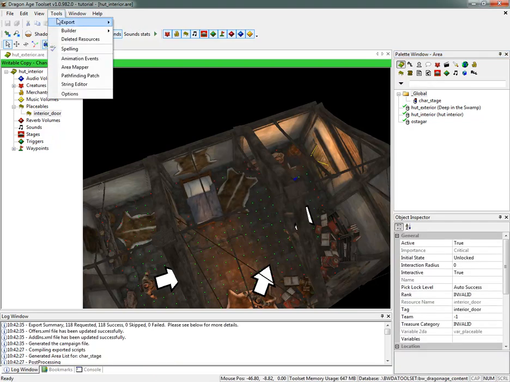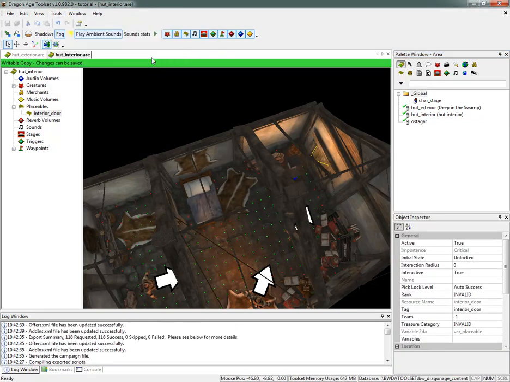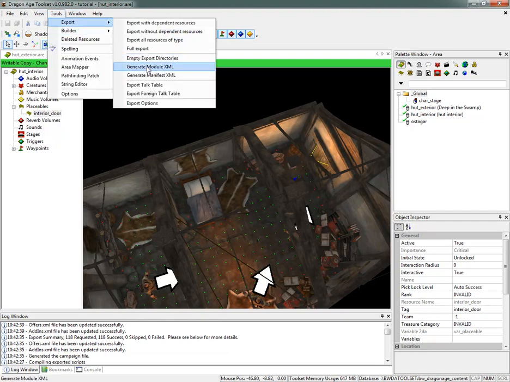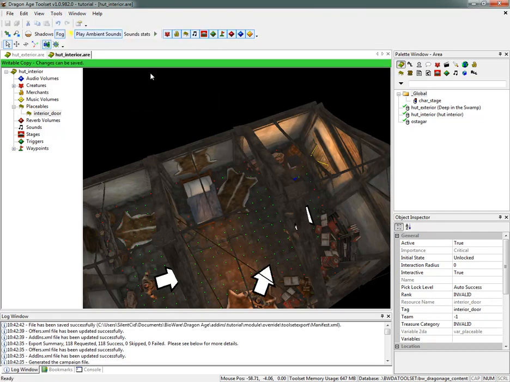And we're going to go to tools, export the module XML, the manifest XML, and then we're good to go. We should be able to see this in the game. If you want to skip the character creation, just do the same thing, except instead of making a new script,